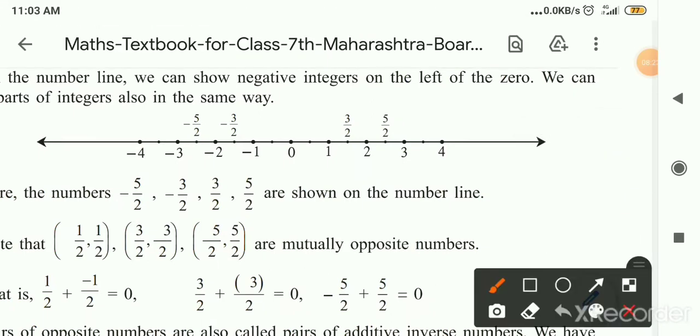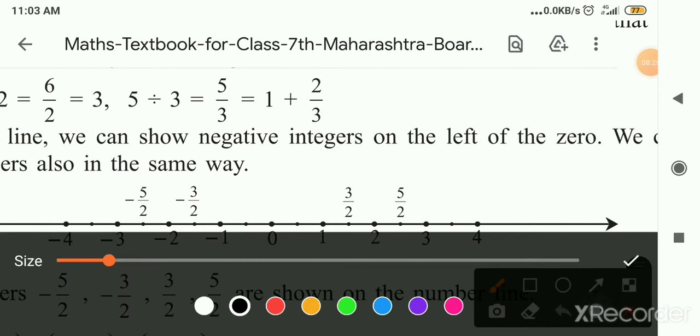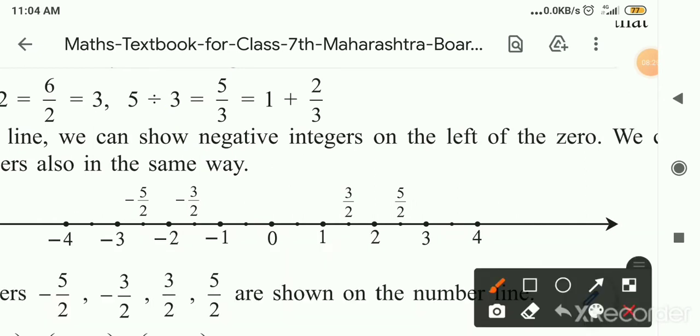If you see here, this first point is there. I will show it with the pink color. So the first point is minus 1 upon 2, minus 2 upon 2. 2 cancels with 2, so here remains minus 1. This point is minus 3 upon 2, minus 4 upon 2, 2 ones are 2, 2 twos are 4, so minus 2. Minus 5 upon 2, minus 6 upon 2.